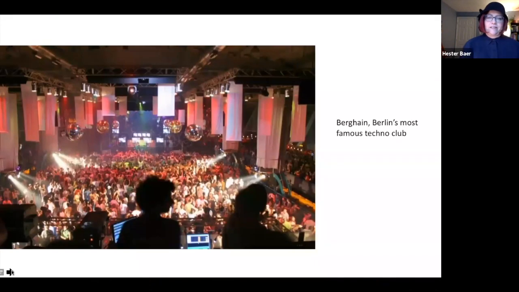And I also wanted to just give you an image from Berghain, Berlin's contemporary most famous nightclub, techno club, because I think there's also, again, an example here of the way the kind of remixing of familiar signifiers from contemporary Berlin with the older images works.